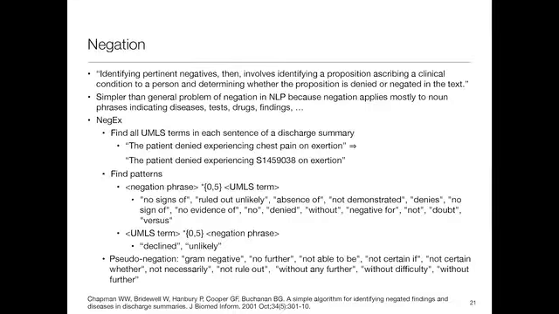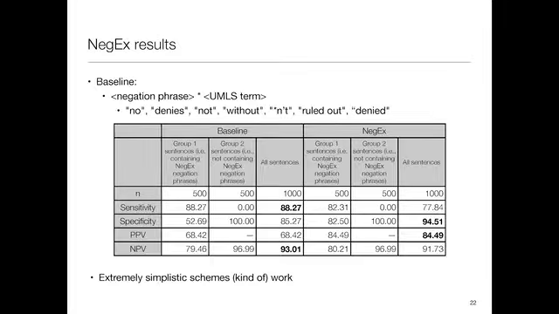Etc. So there are a bunch of exceptions. And what they found is that this actually, considering how incredibly simple it is, does reasonably well. So if you look at sentences that do not contain a negation phrase, and looked at 500 of them, you find that you get a sensitivity and specificity of 88 and 52%. For those that don't contain one of these phrases, of course, the sensitivity is 0 and the specificity is 100%